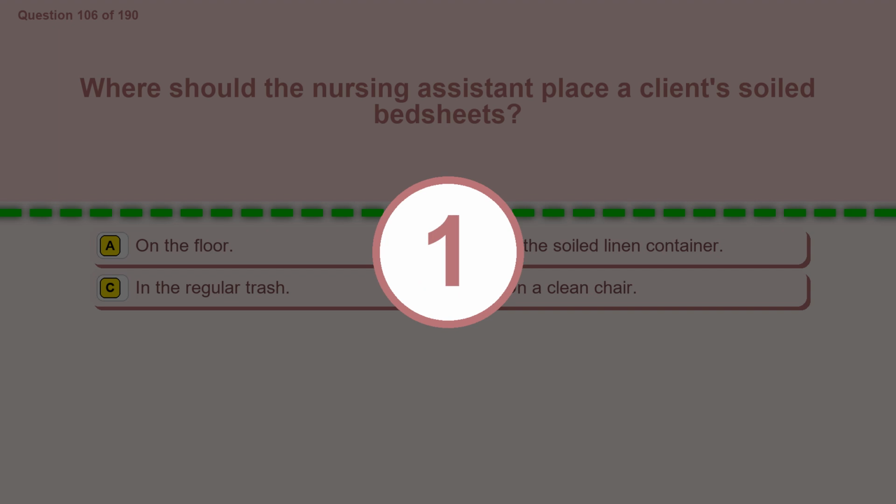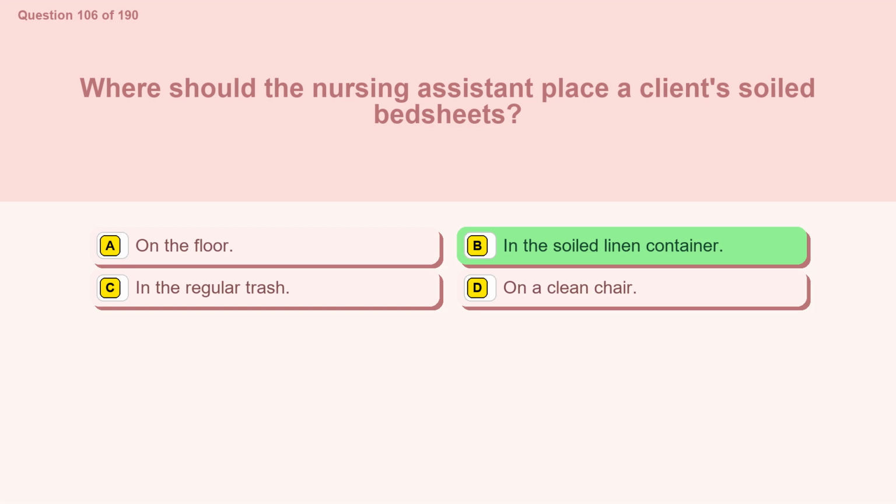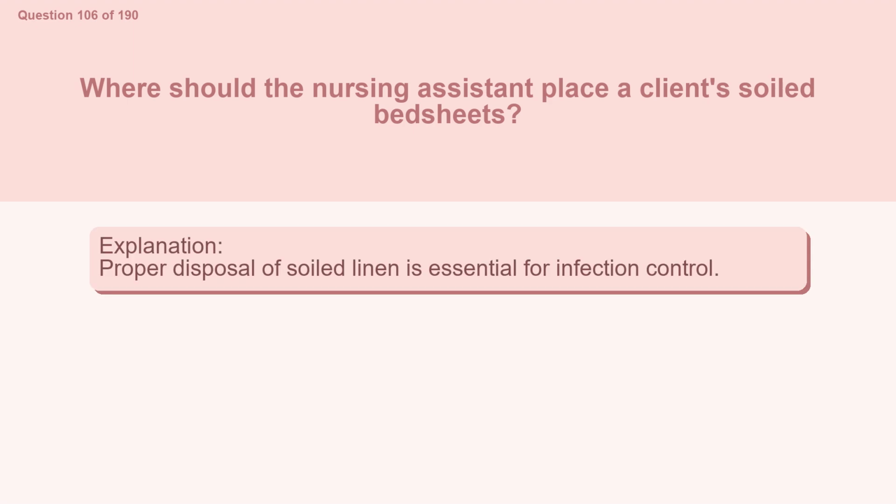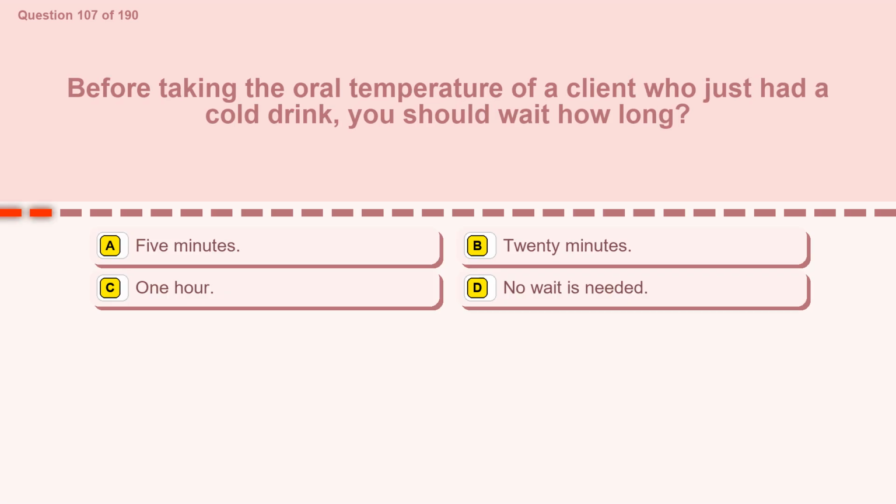The correct answer is option B, in the soiled linen container. Proper disposal of soiled linen is essential for infection control. Question 107. Before taking the oral temperature of a client who just had a cold drink, you should wait how